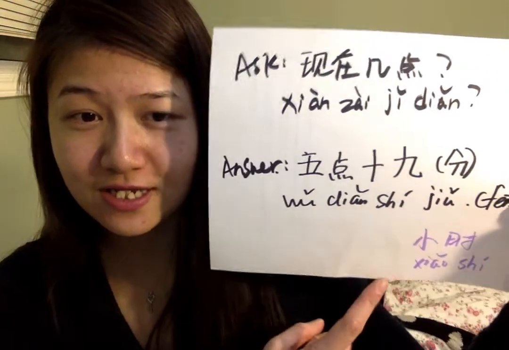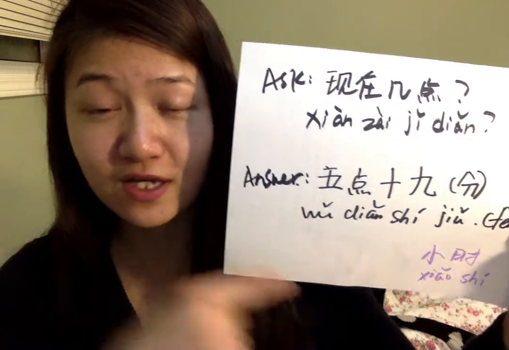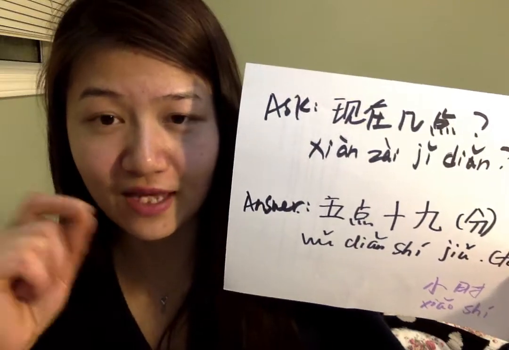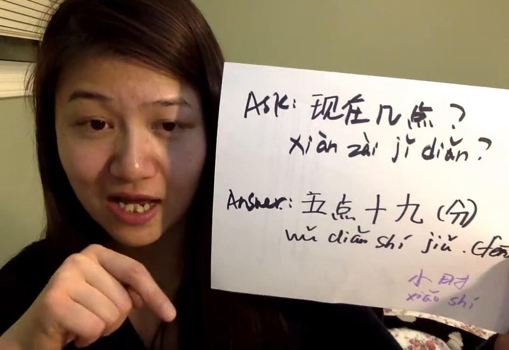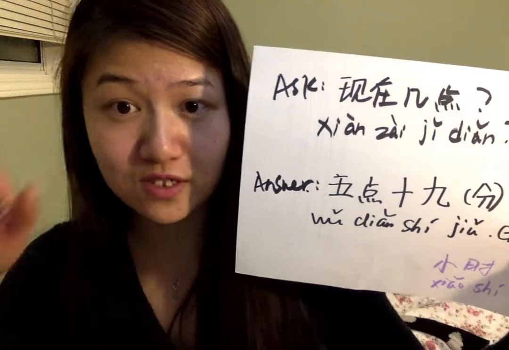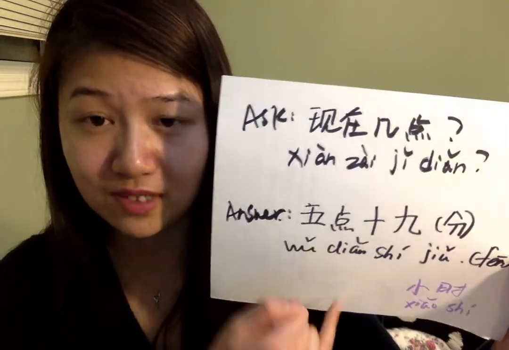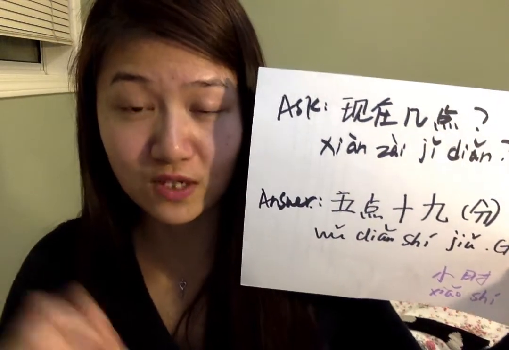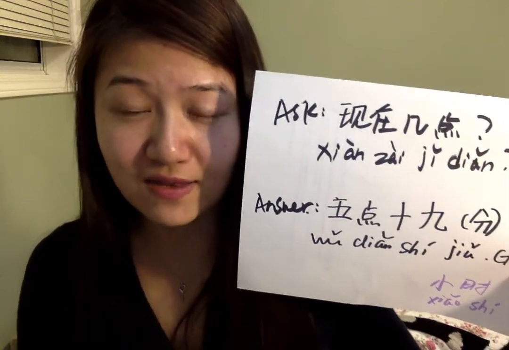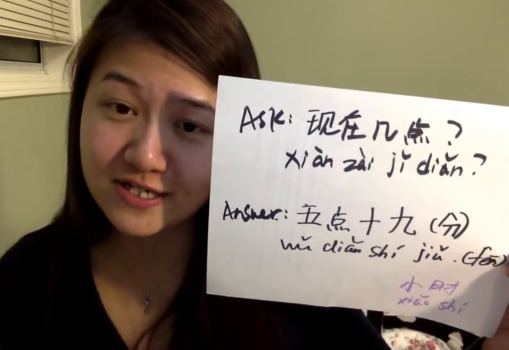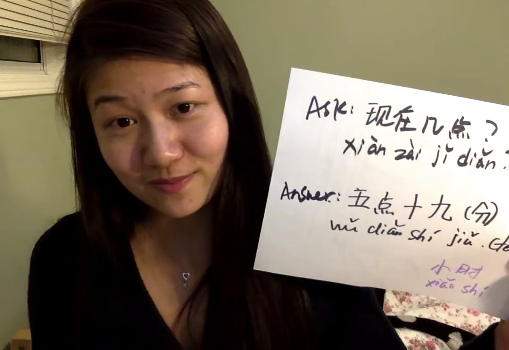Okay, some of you might think, why don't you say 5小时19分? It'll be 5 hours and 19 minutes. It's rather than what time it is right now. It's like counting a whole period. So we say 5小时. But this one, 点 means just at this point, what time it is now, okay? It's rather than how long it takes. You can say 5小时19分, 5 hours and 19 minutes. Okay, makes sense? Good.